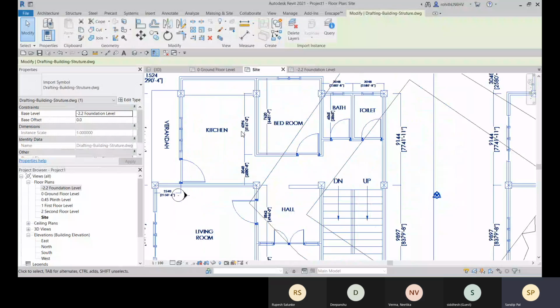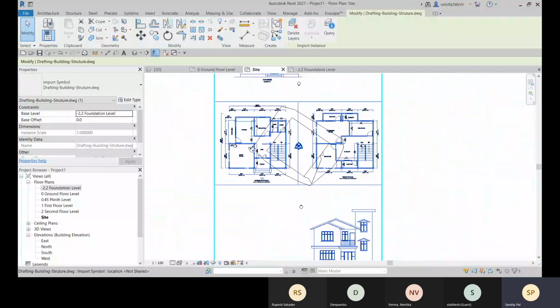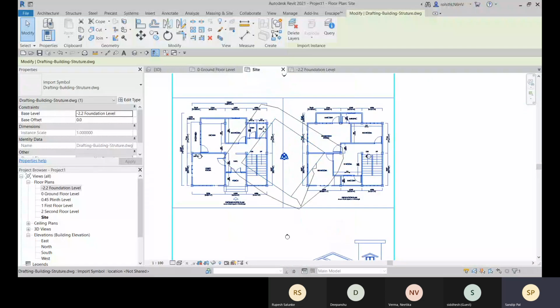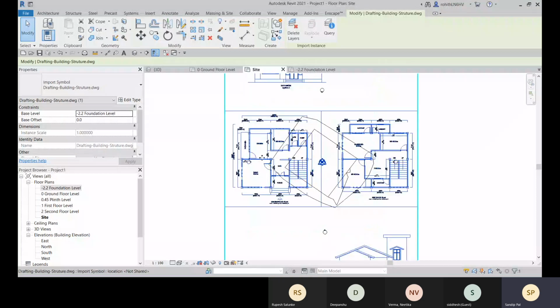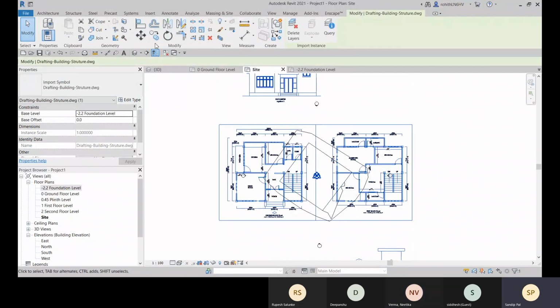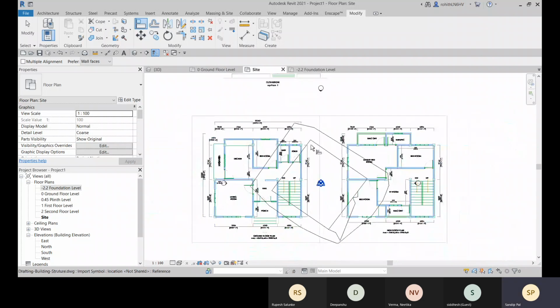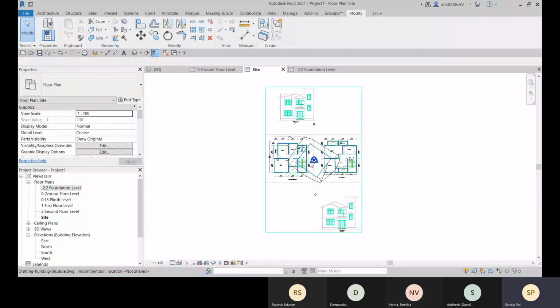Okay, so as I think this is in inches. So this is not the right plan for this site. I'm just uploading and showing you. You need to open the right topo surface, and accordingly you will be creating, and you need to open the right CAD file. Now, what we can do, we can align it as per this.